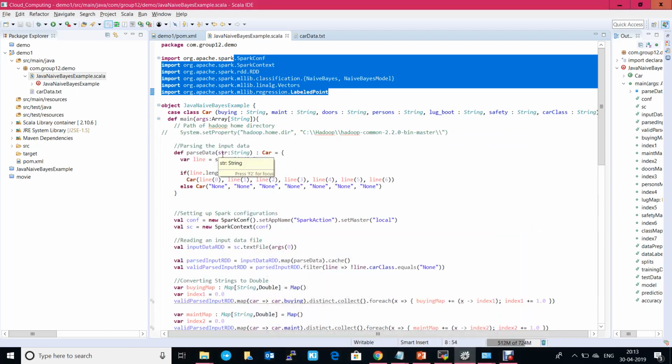And in the main method, we are passing the data and splitting the rows using string.split. If the row length is not 7, then include that as None. Make sure that is None. And